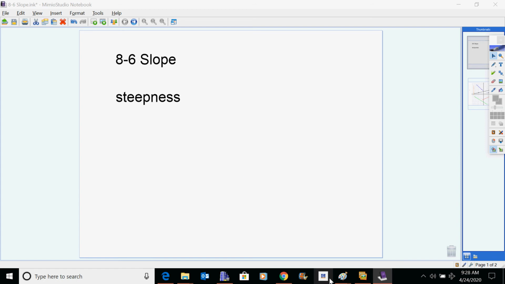Slope is really a way of measuring steepness. Now, you probably have encountered the word slope before, maybe, maybe not. This might be your introduction to it, so I'm going to treat it as if it's an introduction. So a slope is a degree of steepness. So in other words, the more steep a slope is, the bigger the number is, the further away from zero the number is. So you can imagine if you have a hill that's very, very steep and you can go